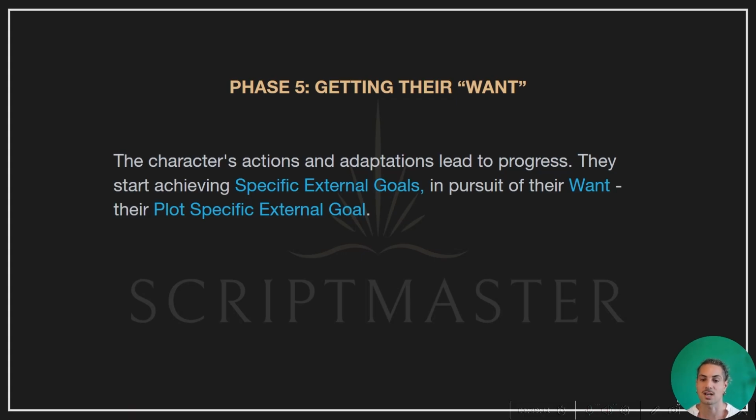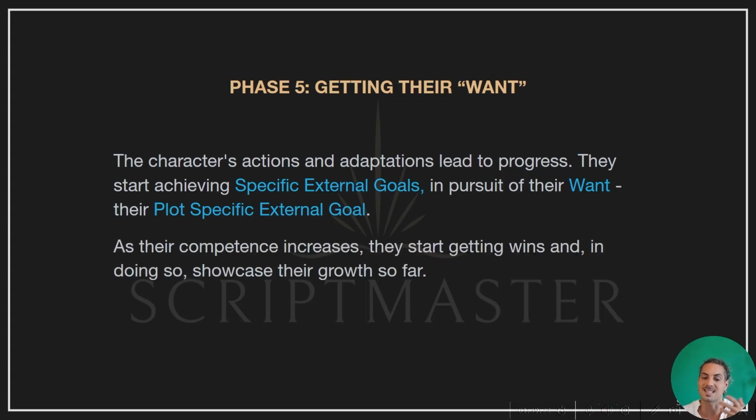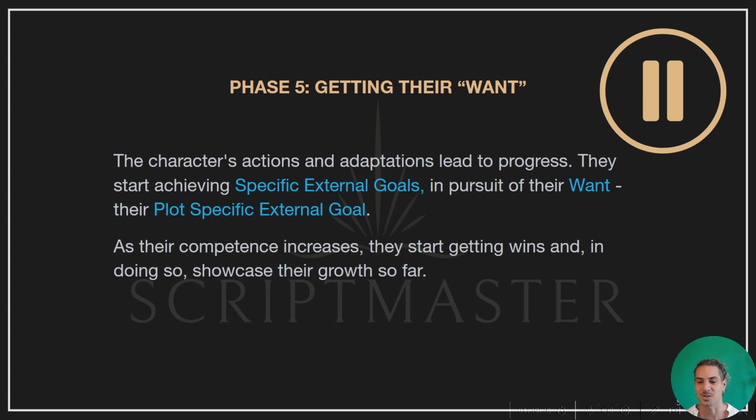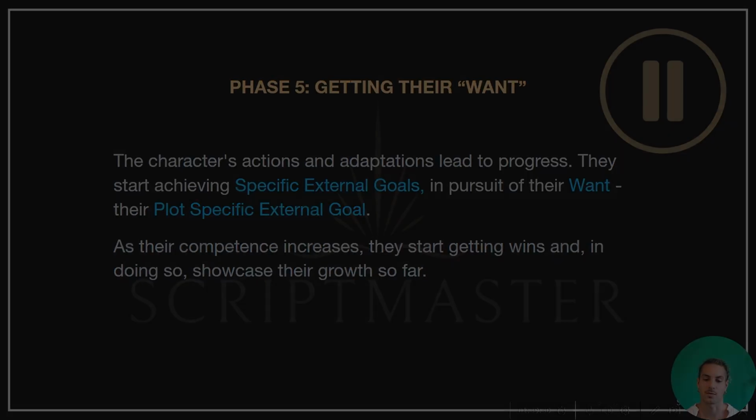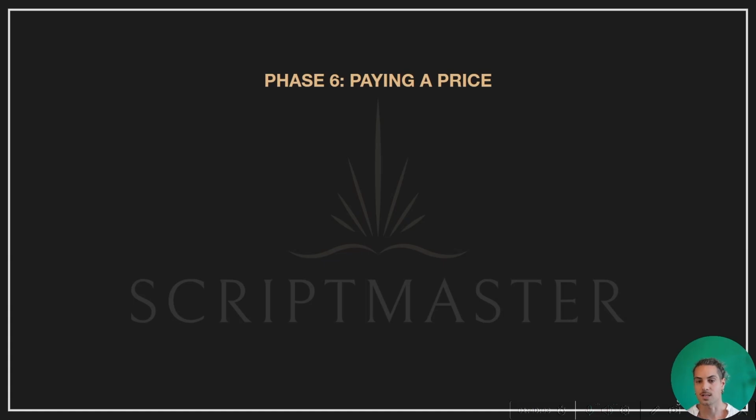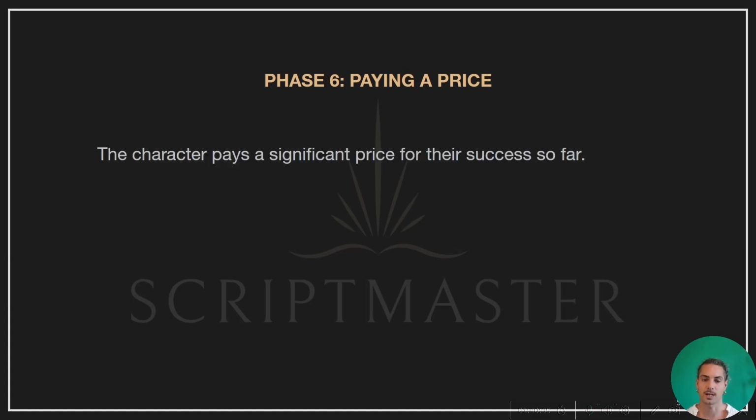They start achieving specific external goals in pursuit of their plot's specific external goal, which packaged together with the internal desire we understand as their want overall. As their personal competence, their ability increases, and they start getting those wins, you're going to be showcasing their growth to us so far. And now we move into the paying a price phase of the story, where the character